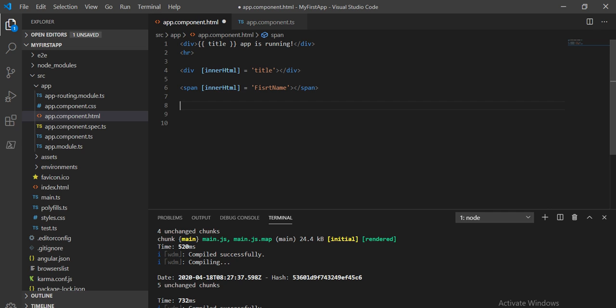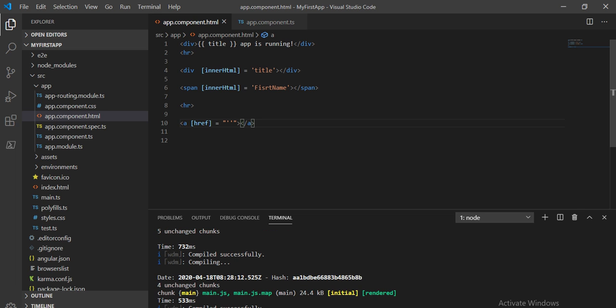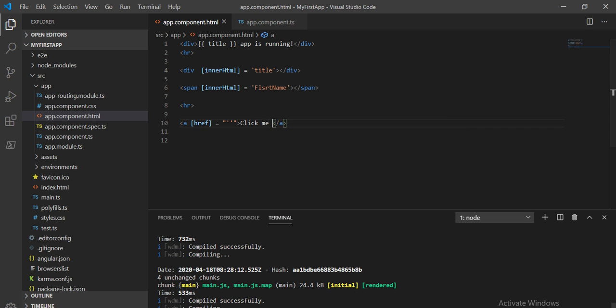And if we want to see more, we can take it like this. Basically what we are doing is assigning a value to the property of an element. So an a tag with href, and here click me, and here I will assign one URL.